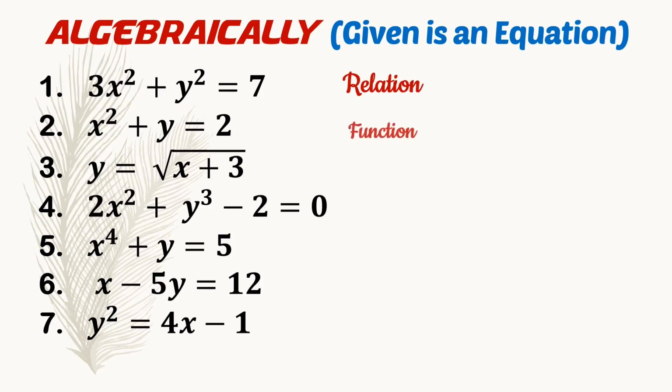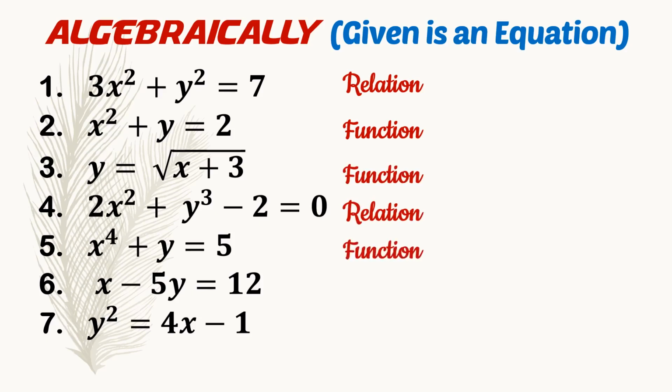Number 2, we have here function. Number 3 is also a function. Number 4 is not a function, or it is merely a relation. 5 is a function. 6 is also a function. And 7 is not a function, it is just a relation. So how do we get these answers? You just simply